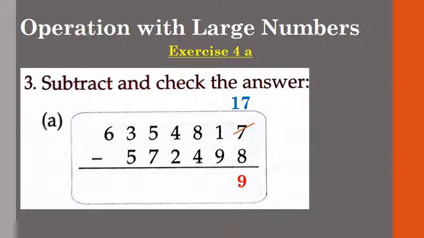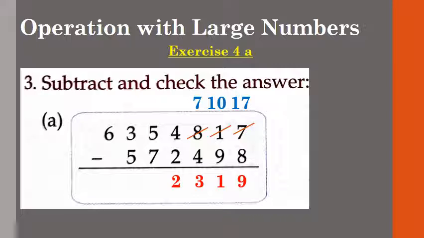So now we cannot subtract 9 from 0. So again we have to borrow 100 from the 100 place and now our 0 will become 10 and now we will subtract 9 from 10. What is the answer? It is 1. And now children, what is left at 100 place? 7 is left at 100 place. So when we will subtract 4 from 7, what do we get? We get 3. Now at 1000 place we can very easily subtract 2 from 4, so we get answer 2.